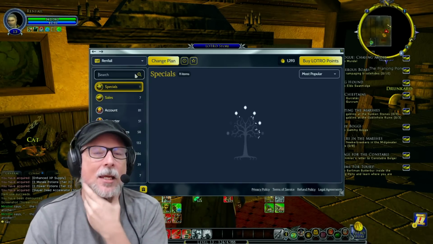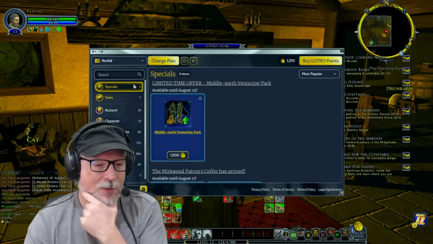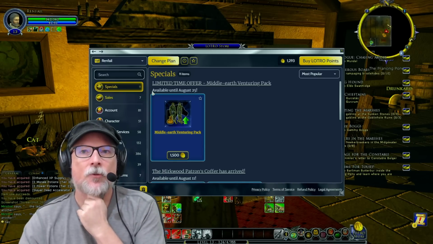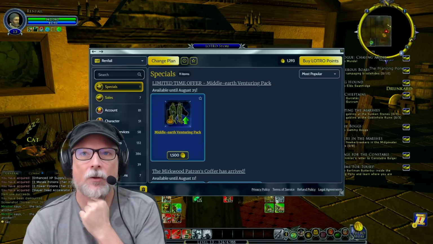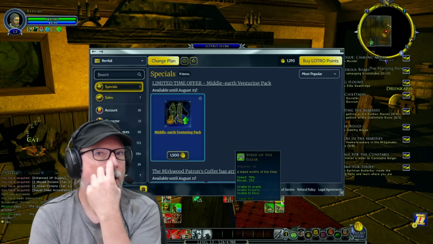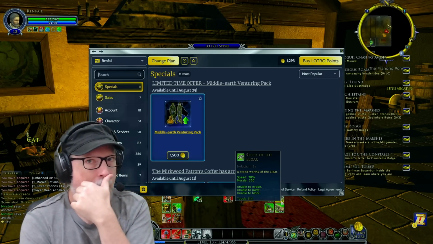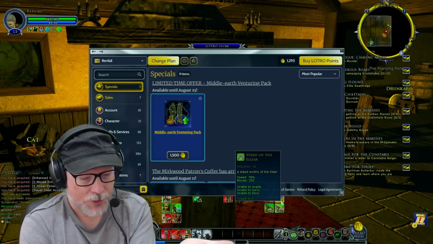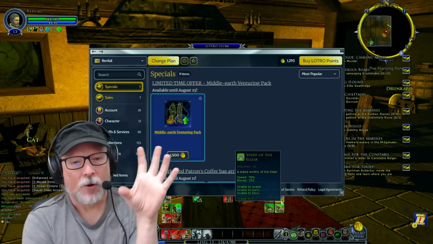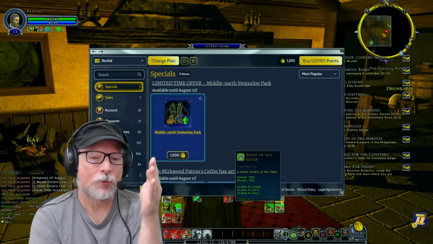There are mount speed increases. So for example, if I hover over my mount here, I may have to close this window. Nope, there it is. Steed of the Eldar. He has a 78% run speed buff. And that, I can't remember how much I have is from bonuses, but there are character-wide, there's a character-bound version